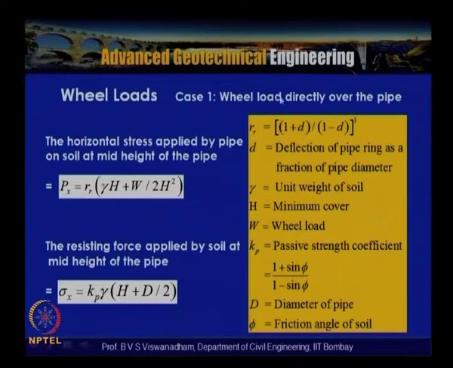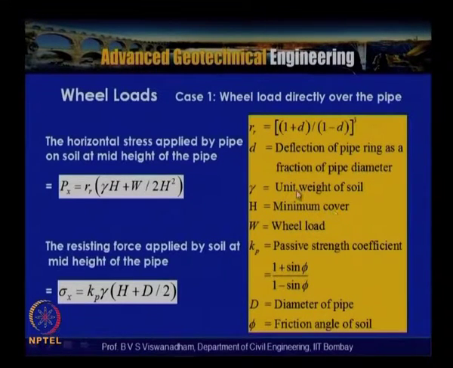In case 1, the wheel load is directly on the pipe. The horizontal stress applied by the pipe on the soil at mid height of the pipe, that is the spring line, and the resisting force applied by the soil at the mid height of the pipe is sigma x equal to Kp into gamma into (h plus d by 2), where d is the diameter of the pipe, phi is the friction angle of the soil, and Kp is the passive earth pressure coefficient. W is the wheel load,